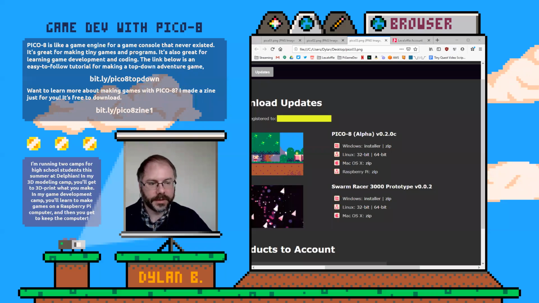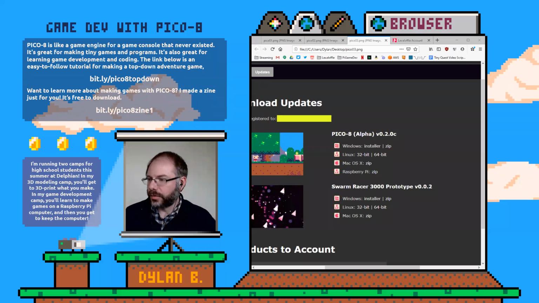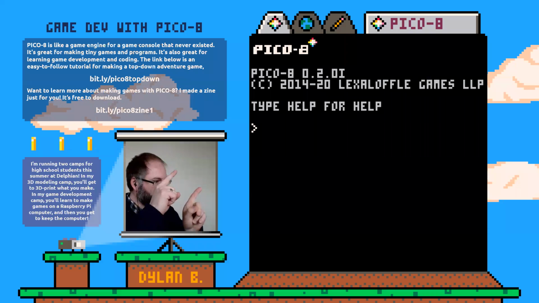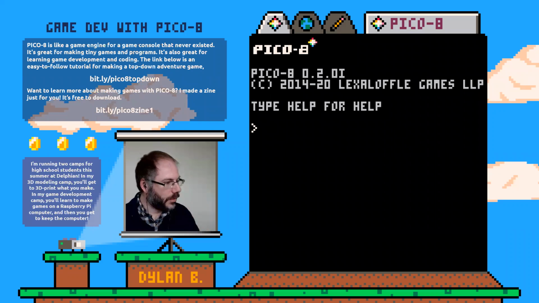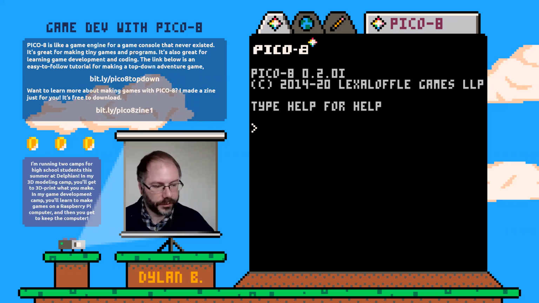So again, for anybody else that's hanging out in here, just a reminder that if you can get to this screen, then you are all set and ready for tomorrow. You don't have to hang around if you don't want to. You're totally welcome to. But if you can get to this screen, you are good to go for tomorrow.